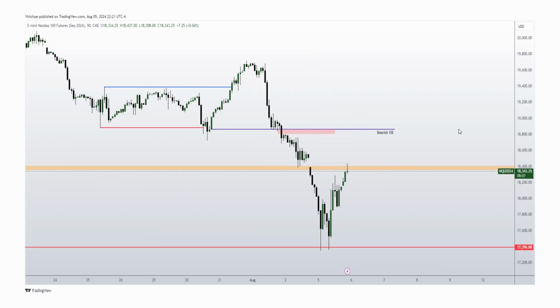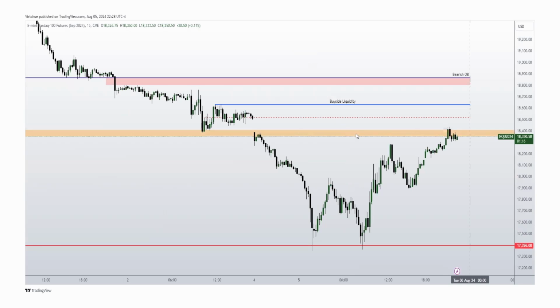All right, so let's move on into the lower time frame. This is the 15-minute. So on the 15-minute, we have buy side liquidity resting here, the bearish order block, and I noted out this low inefficiency for you guys there that I can also trade up through. Right, so buy side here, some buy side here as well. And if it really gets animated, like I said, it can get up there and run into that bearish order block. This dotted line here is the equilibrium of the big dealing range that I just brought up, saying that's what I'm operating off of.